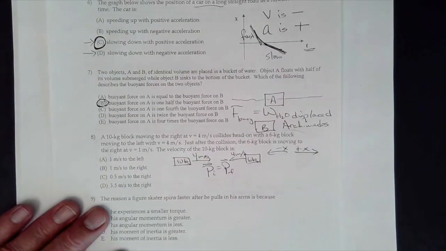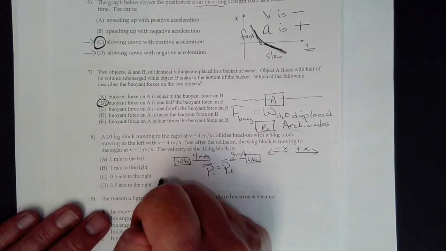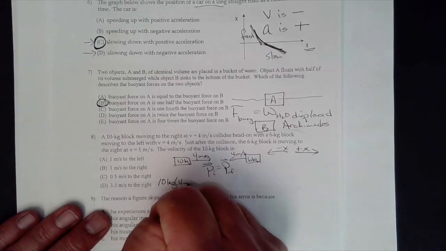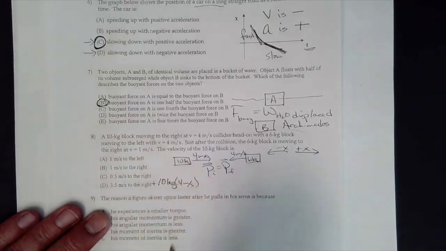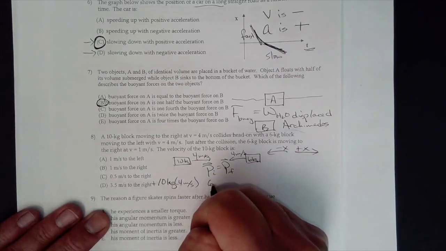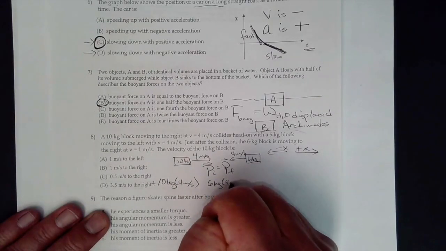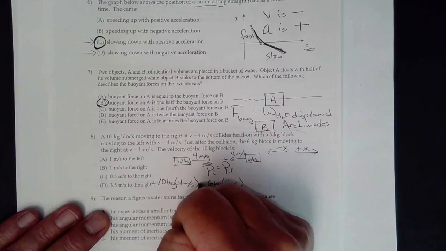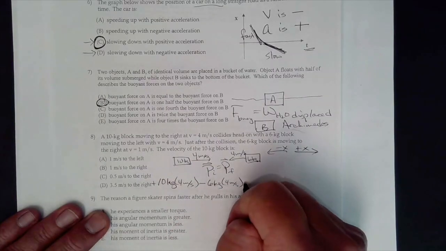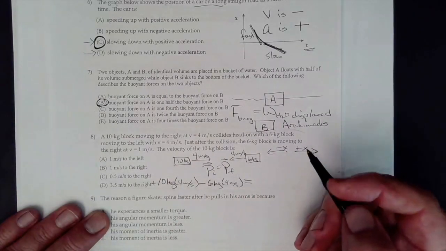So I would say that before the collision, I've got 10 kilograms moving at 4 meters per second to the right, so that's positive. I have 6 kilograms moving at 4 meters per second. That's to the left, so it's negative momentum. There's the collision, that equals sign. Afterwards, we're told